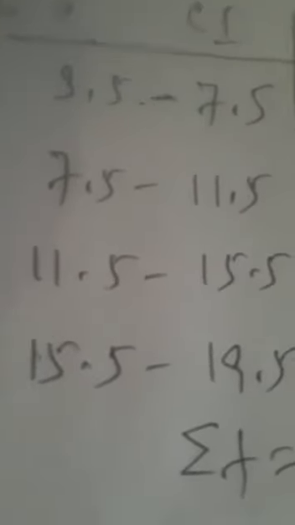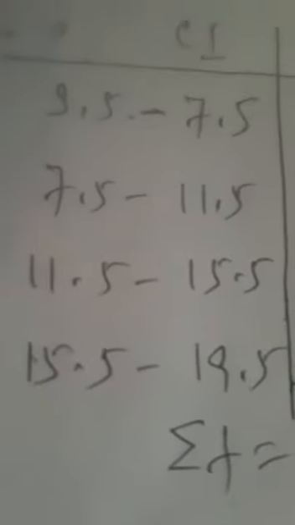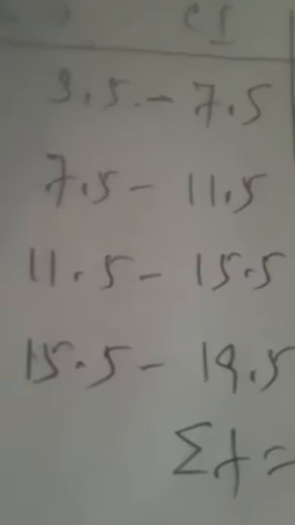So whenever the question is given in the inclusive series of the data, then you have to convert the same into exclusive form of data, and then you have to solve the question. After obtaining the class intervals of all the given data, for 4 to 7, 8 to 11, 12 to 15 and 16 to 19, we have obtained the corresponding class intervals in the exclusive form, in which the upper limit and lower limit of the consecutive classes are the same.